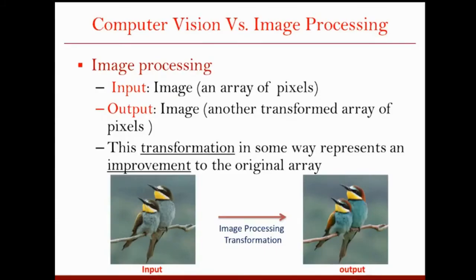But if you see any image processing application, here the input is an image and the output is also an image. So input is an image and output is also going to be an image. Now you might be thinking, what is the difference? If the input is also an image and output is also an image, then what are we going to do in between? So many times we find that whatever input we get, it is not of good quality.